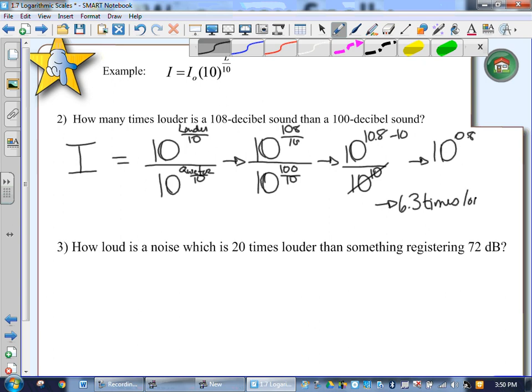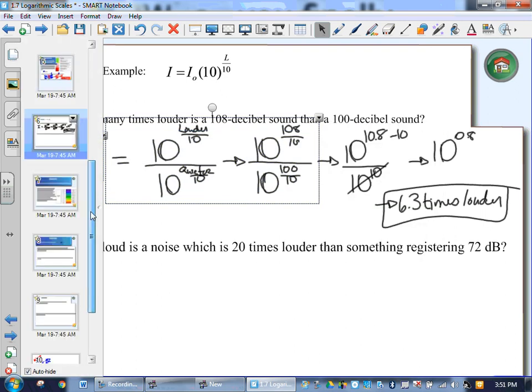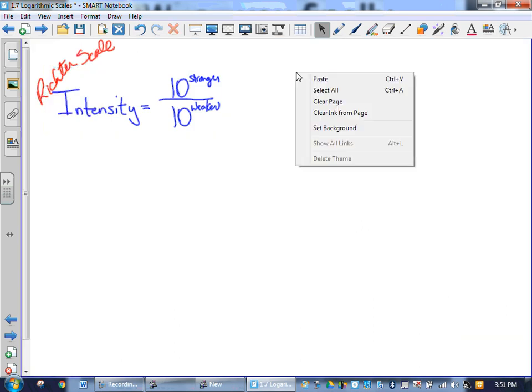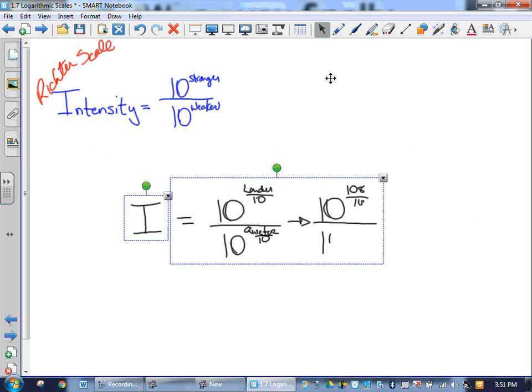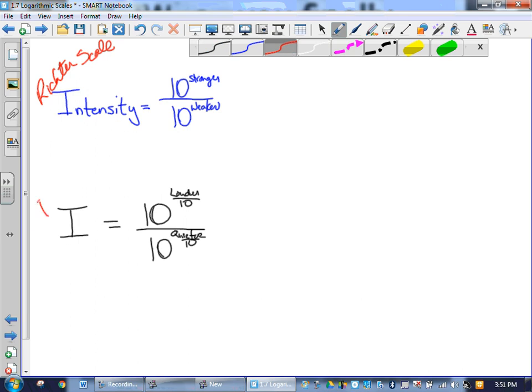So at this time, I'm going to take this shortcut formula and I'm going to copy it to my back page as well, because this is another formula that's going to come in handy a lot. So this is for my decibels. Now to go back,